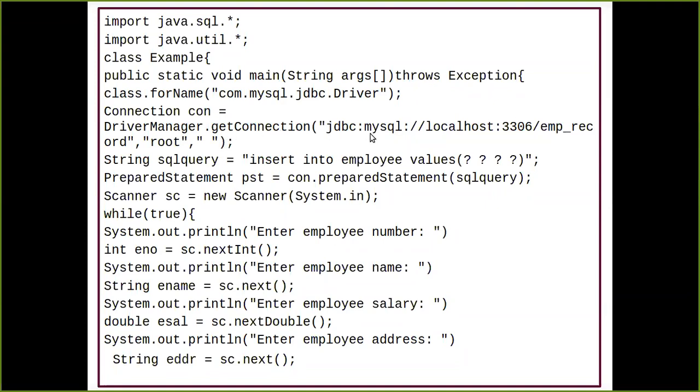Now we'll see one by one all the values and parameters we have written here in the getConnection method. The very first parameter in that third format is a URL format. For JDBC and for the MySQL database, what is the URL format? The first thing which comes is jdbc:mysql, indicating that MySQL is the database and JDBC is the driver. Now, in the syntax, localhost was not written; it was written as the host name. If you have not renamed your host name, or if you don't have any separate host name, what you can write over here is localhost.